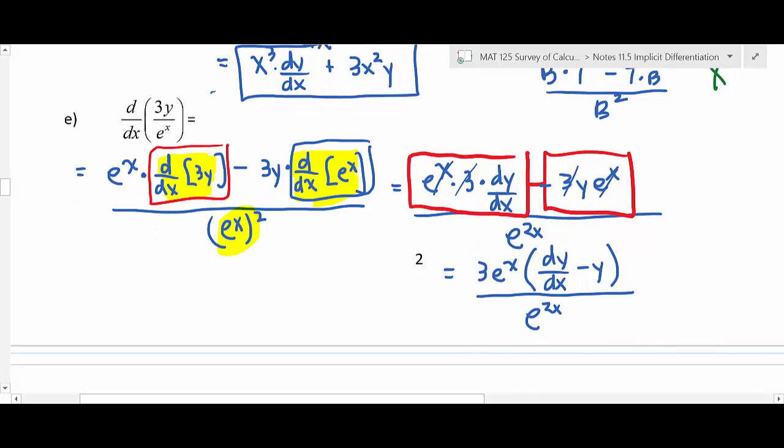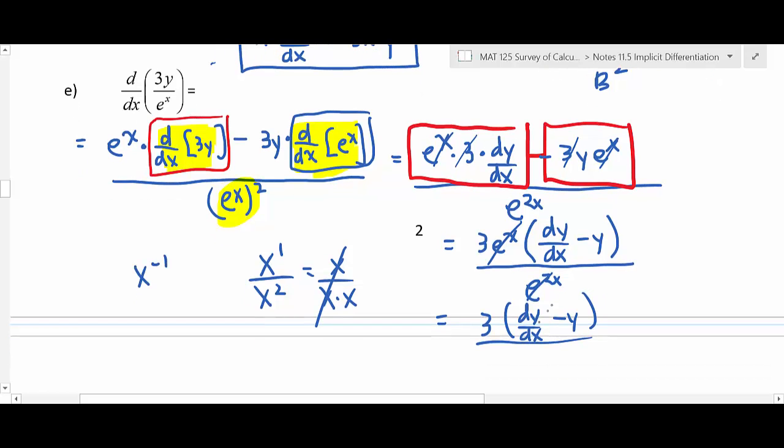Okay, now there is one other little thing you could do on this. Do you see anything else you could do? You do have some cancellation. See, these things right here are a factor that's similar. It's no different than having this. If you had x to the first over x to the second, what is that? That's just x over x times x, so it's 1 over x, right? Or you can say, subtract the exponents, 1 minus 2 is negative 1. You can do that either way. So these things do cancel out. So you would have 3 times dy over dx minus y, and one of those cancels out, leaving you e